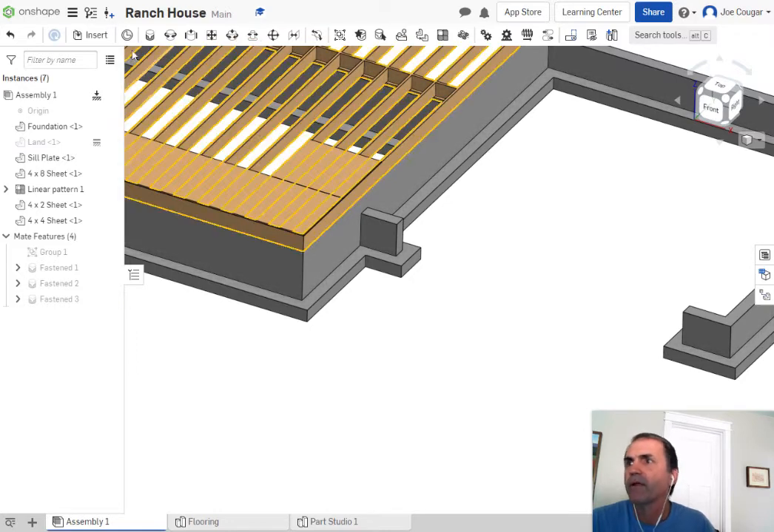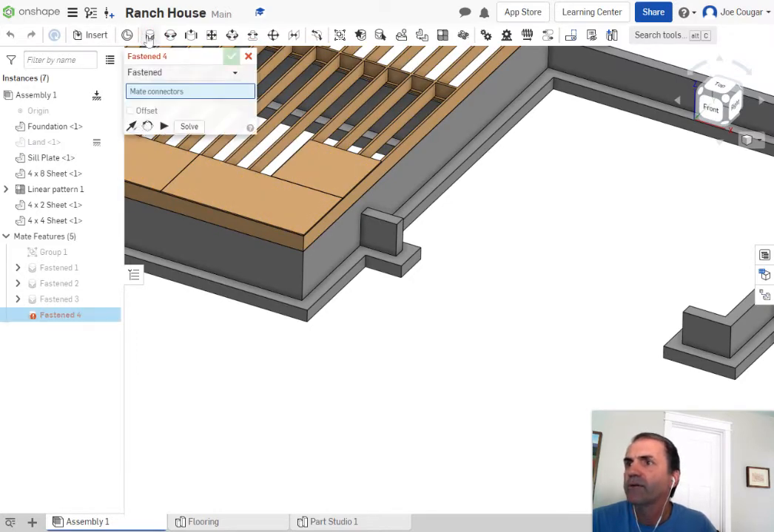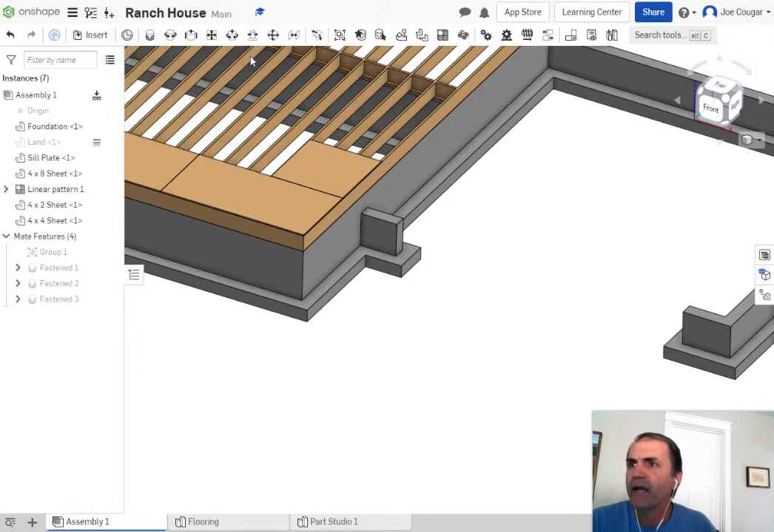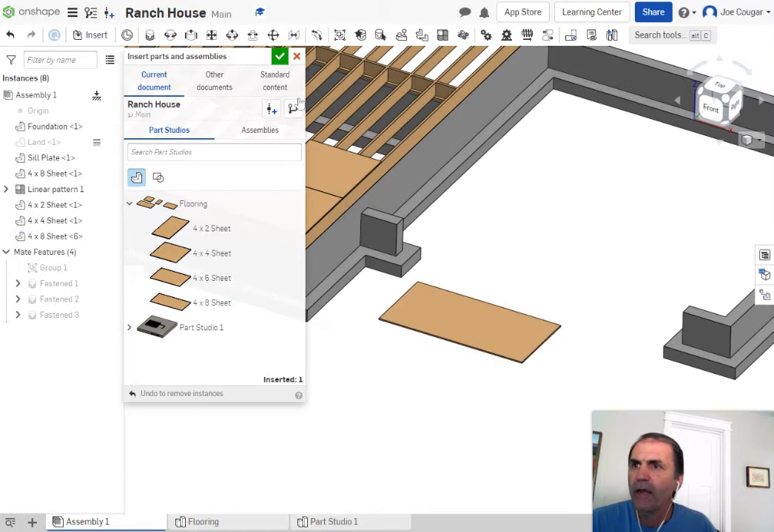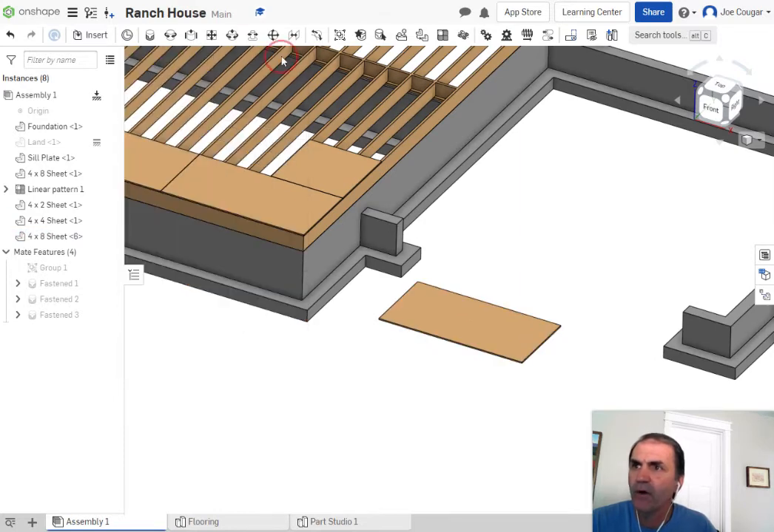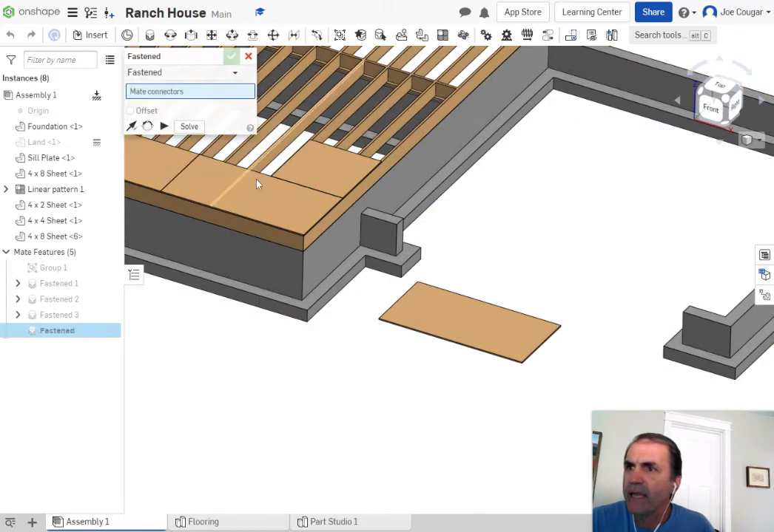Get rid of the extra thing. I'm going to, oops, I don't want fastened yet. I need to insert now a full sheet, a 4x8 sheet in here. And we're going to do kind of that same thing. Okay. Where I'm going to put a fasten mate